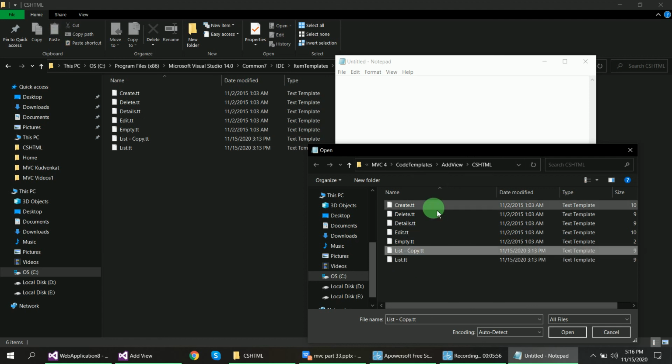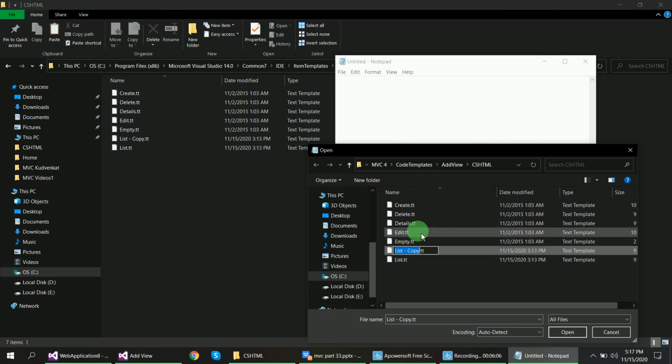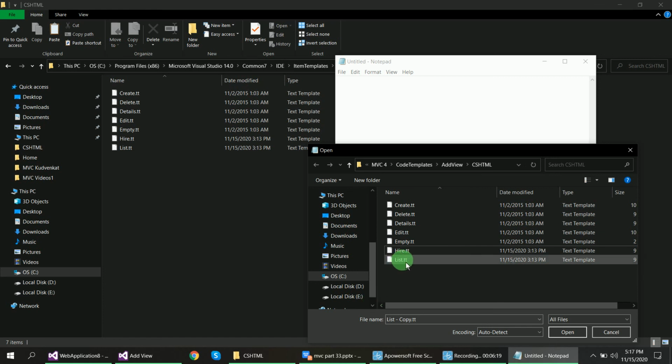So this is another view generated from a template. In place of list, you can give any name you like, for example Hire. Then the Hire view will be generated. And if you want to change the list template, you can change it by opening it. Suppose I want to change the list template. I will click on the list template and open it.